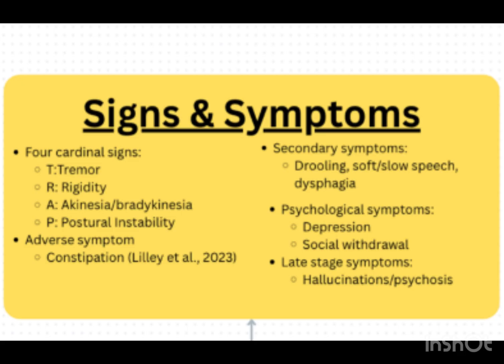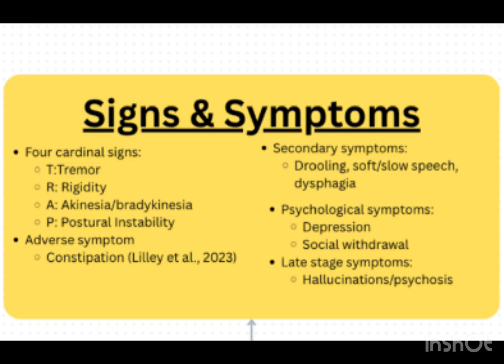Psychologically, of course, we know that Parkinson's is progressive and chronic. So patients are going to experience depression, and they're going to have to deal with physical decline, appearance changes, and the loss of independence. Very unfortunate. And then later on, as the disease progresses, 40% of patients are going to experience psychosis, hallucinations, as a result